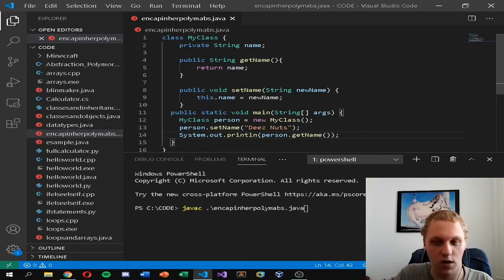So pretty much what we have here is we have created an instance of our class, my class, which is called person, and it's a new instance of our class. We are now using the setter, or the set method of our class, to set the name of the person. The person is currently called these nuts, because I couldn't think of anything else. And in the next line we're printing out these nuts, but we're using the get method. So pretty much we're using this section of code right here to get the name that we've just set using this method. So now if I decide to compile this,